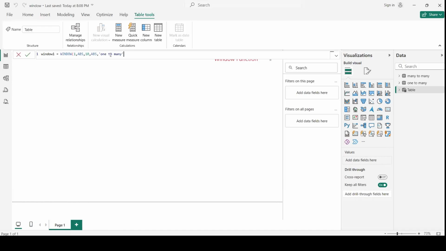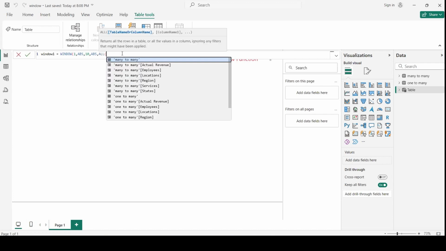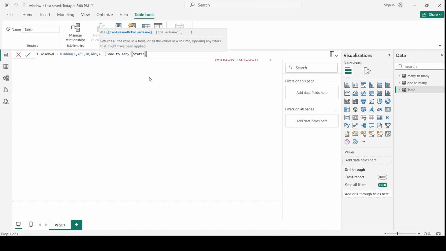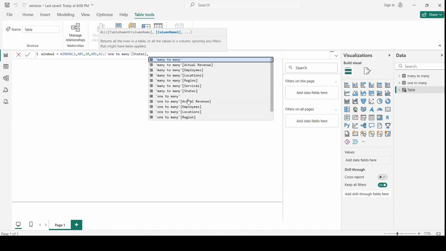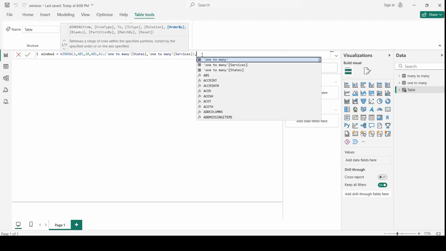Instead of just choosing the whole table, we can use the ALL function and then indicate which columns we want to choose. So for example, if I want states, and then, let's say, services here, I can do that, then close the parenthesis, comma, and move forward.